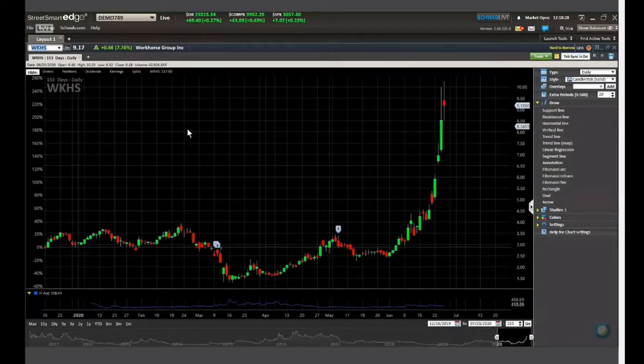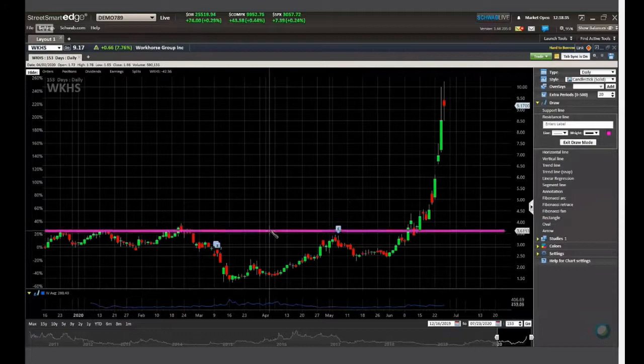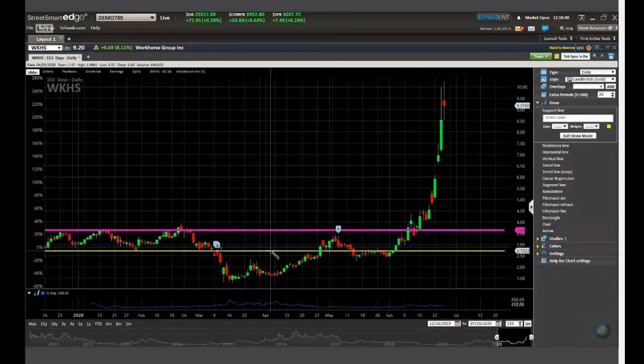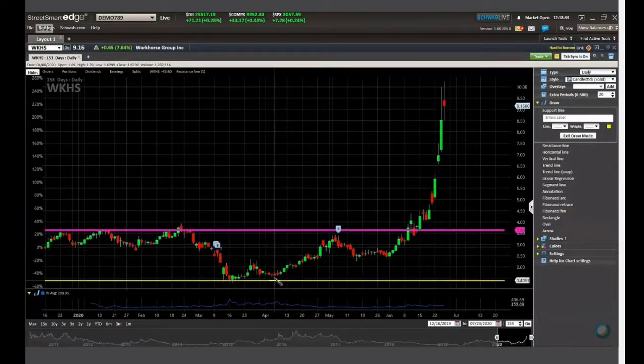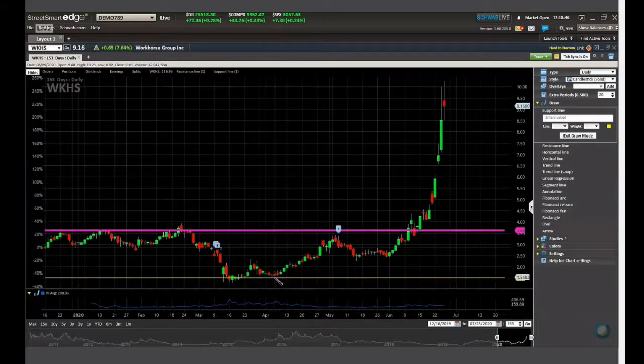Nope. That might have been a good breakout candidate, by the way, if you were looking at this line right here. Here's your resistance, maybe that right there. And maybe you had a support line, see, somewhere down there, but that's kind of tough, isn't it? That'd be tough for me to say, well, let's put the support line here when really it's down there. So not a true range breakout where it's in a sideways range, but a really good breakout candidate, how you had to come above here and then take all the way off. Really nice looking chart right there. Good job for whoever caught the workhorse movement.